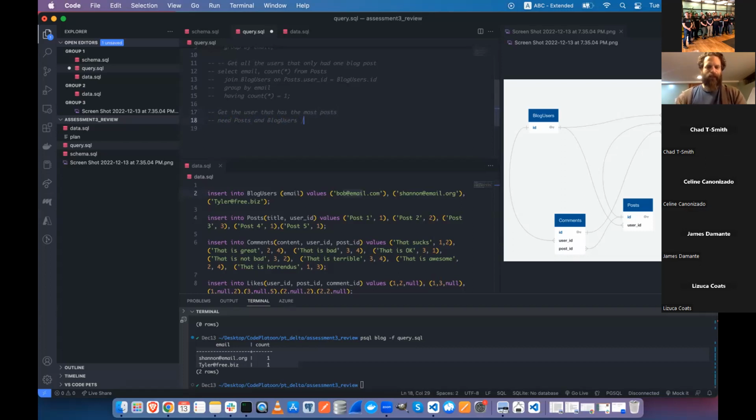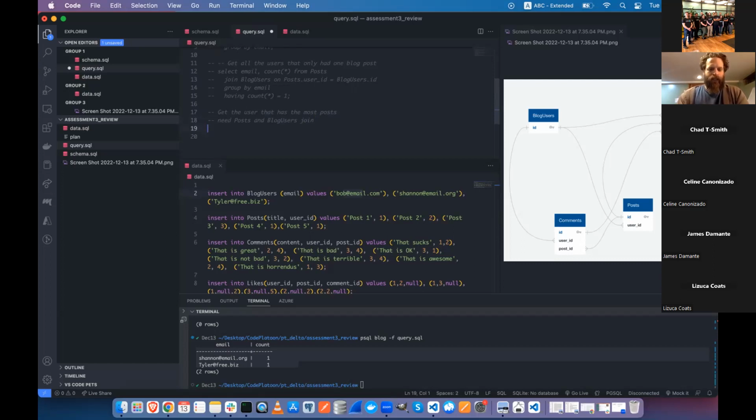Yes, thank you. So how are these two tables joined? Would you do join post user ID on blog users.id, just like above? Exactly. So we can start by just getting everything